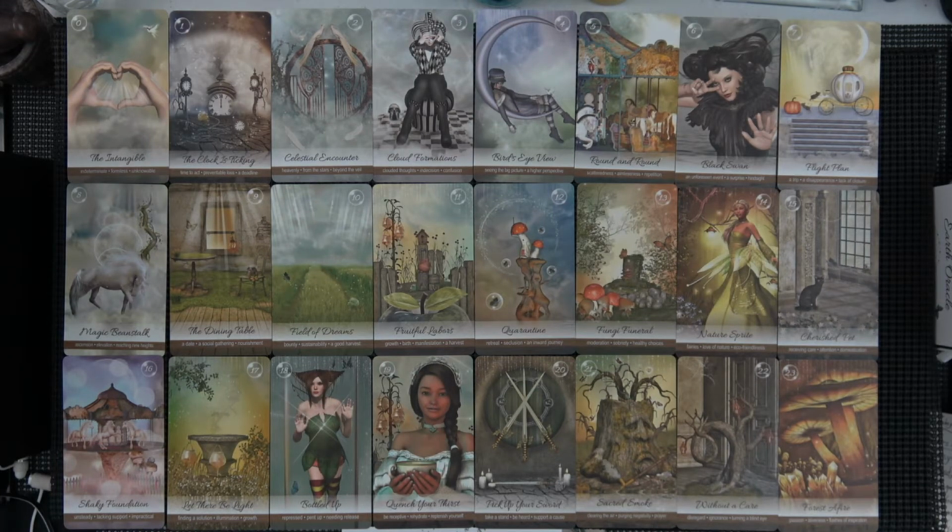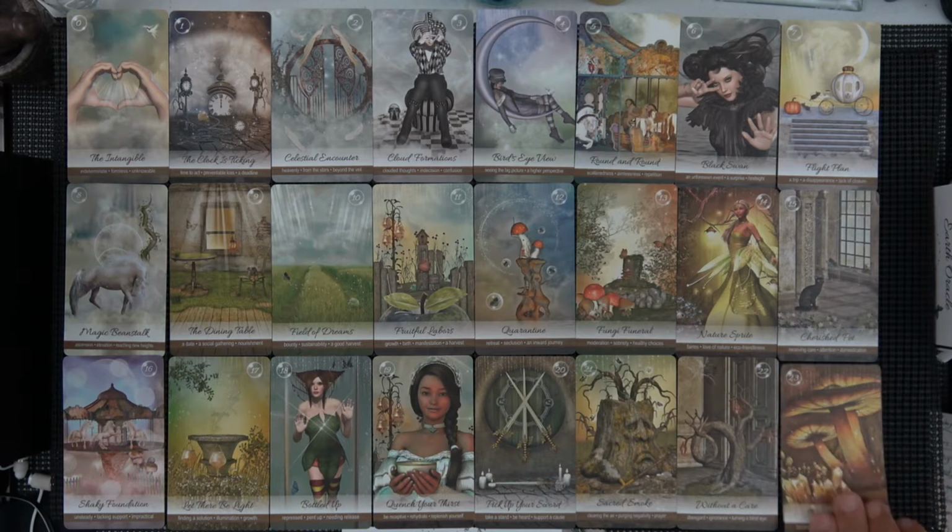So here are the first 0 for some reason through 23 cards. And I guess Fae possibly. So you can kind of see it, even though I thought I was getting away from it. I like some of the images. There's kind of three different types of things going on in the deck. If you look at the backs,